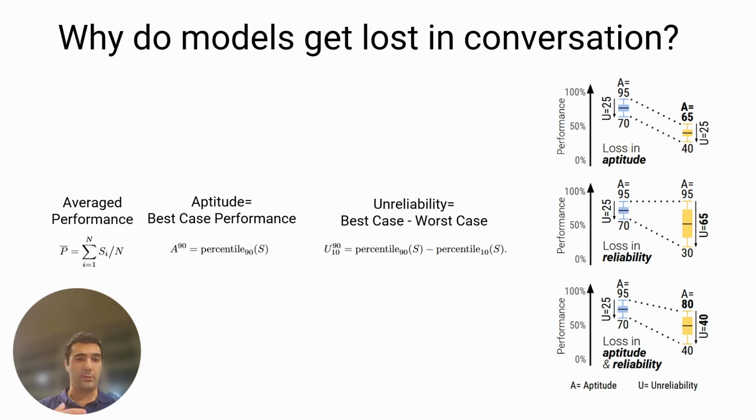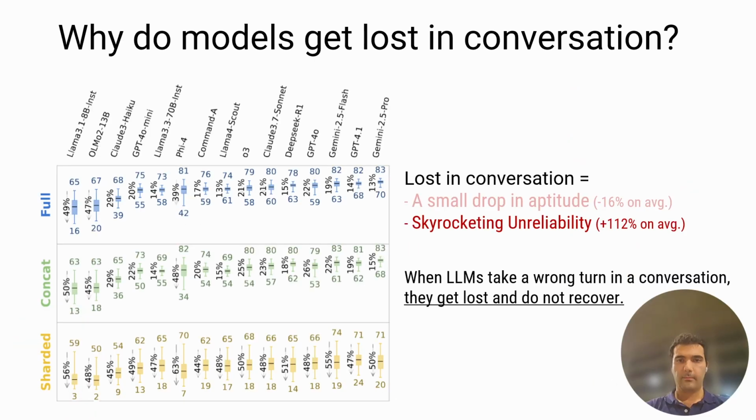Okay. So what we want to understand is when we move from single turn to multi-turn, what is causing this? Is it a loss in aptitude, meaning some of the tasks have become impossible even in best case performance in multi-turn, or is it an increase in unreliability, meaning the model still has the same aptitude boundary, it can still do the tasks, most of them the same in single and multi-turn, it's just that the likelihood that it fails has increased in the multi-turn. So essentially what we find is that there is a very large increase in unreliability when we move from single turn to multi-turn and a small drop in aptitude.